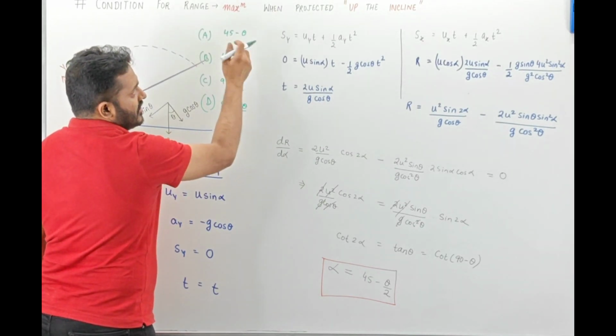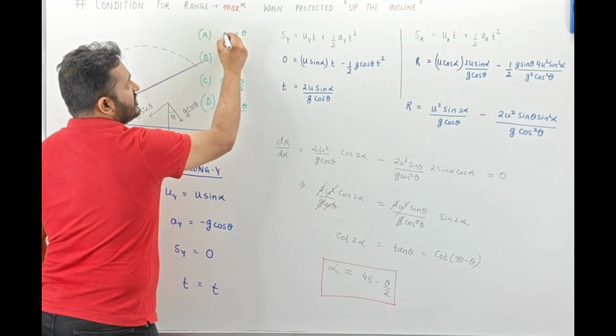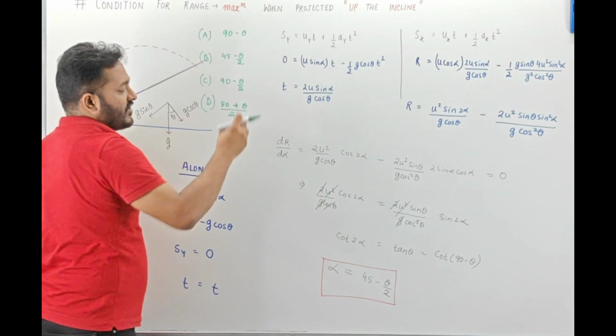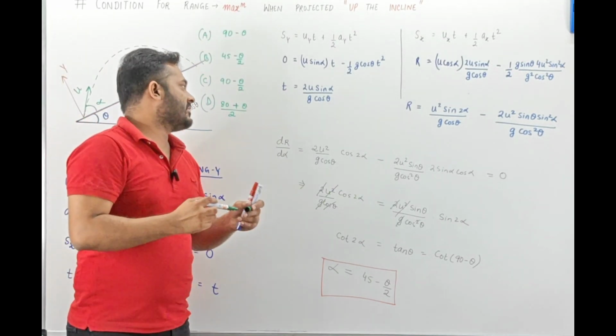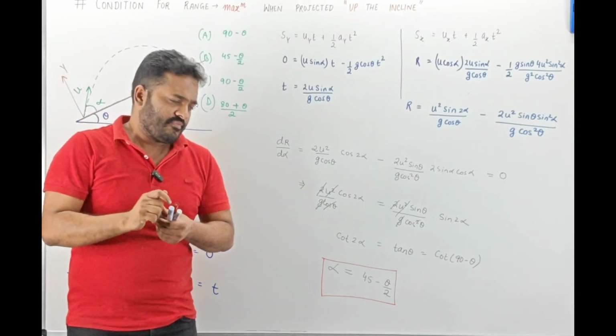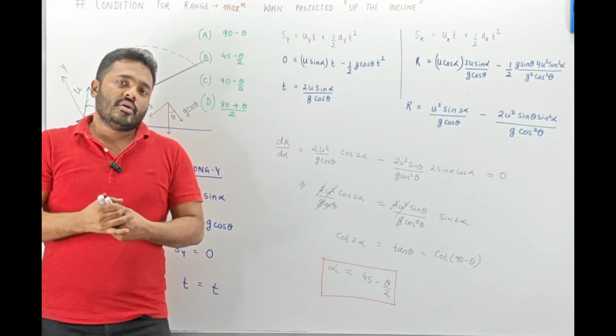So if we have something like this given to us, 90 minus theta, 45 minus theta by 2, 90 minus theta by 2, 80 plus theta by 2, and obviously it is an easy exam, then